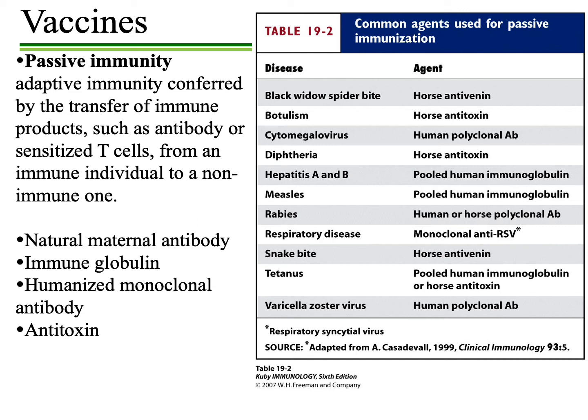In addition, there are some vaccines that are available that are basically considered antibodies to a specific toxin or component in an individual. So in this table, you can see a number of diseases or disorders that can take place, and there are vaccines that are available to bind to those toxins to help prevent an individual from dying or succumbing to that